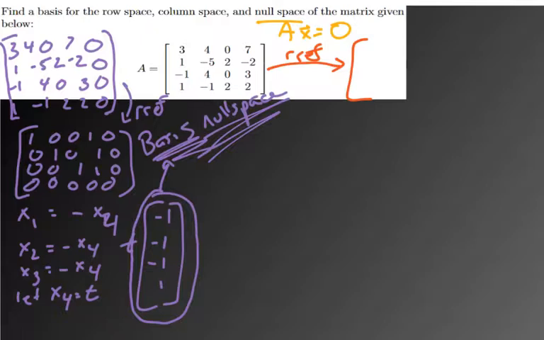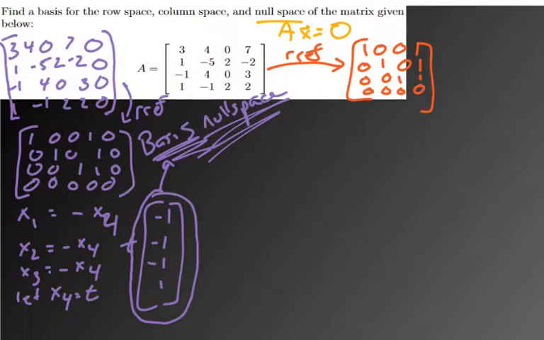In this case, we're actually just going to get this, without augmenting it with 0. So we're going to get 1, 0, 0, 1, and then 0, 1, 0, 1, then 0, 0, 1, 1, and then a row of zeros. And